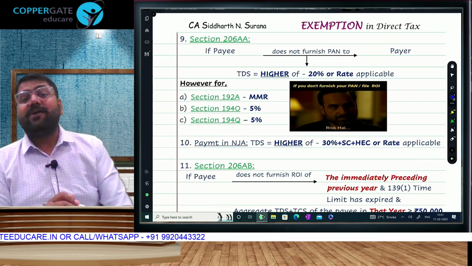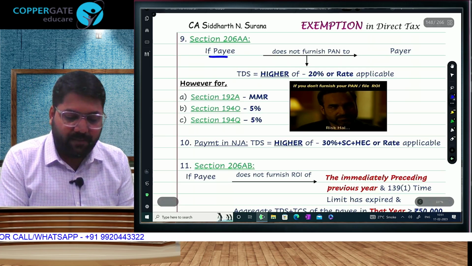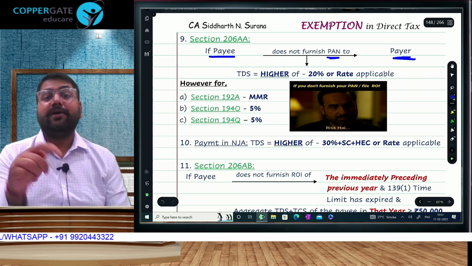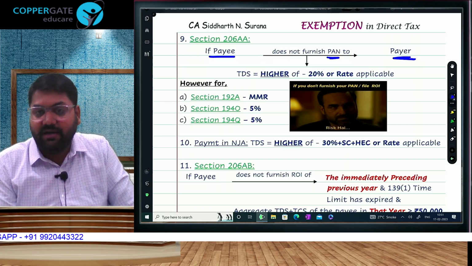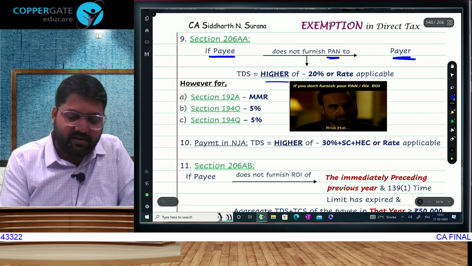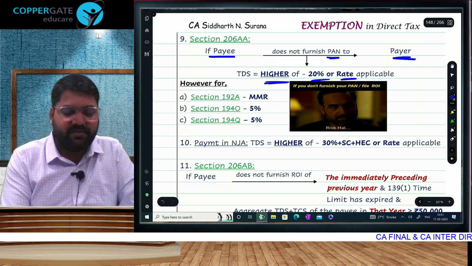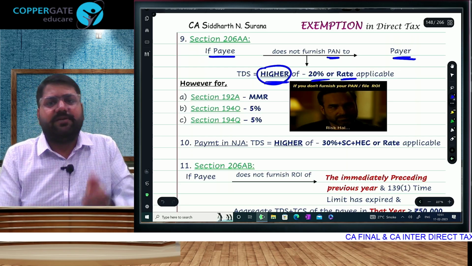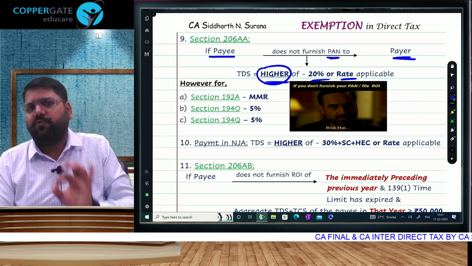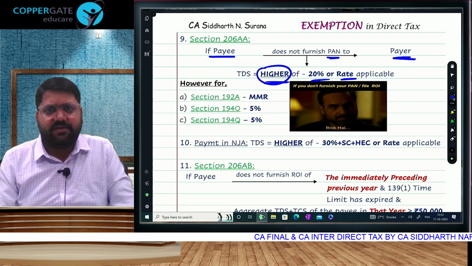All the duties are on the payer, but one duty we are giving to the payee. The payee has to furnish his PAN to the payer, so that when the payer is making the payment to the government, the payer can show who should get credit, and failure to give your PAN will result in TDS at the higher of the rate which is given in the section, or 20%. If the payee fails to furnish PAN, then section rate or 20%, whichever is higher.